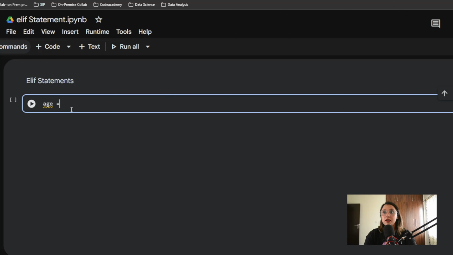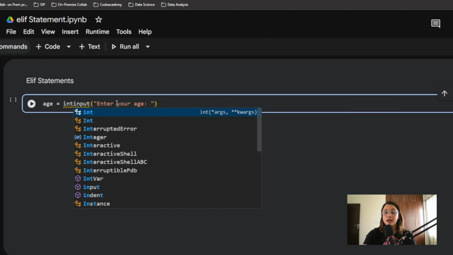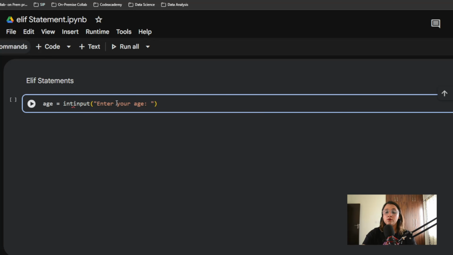I will write age is equal to input, and I will write "enter your age". So I'm defining a variable age and I'm using the input function so that the person can enter the age. Now, as we know, the input function by default gives the results in string, so I will also write int in front of it to convert this age variable into an integer